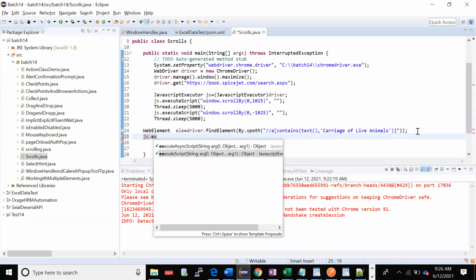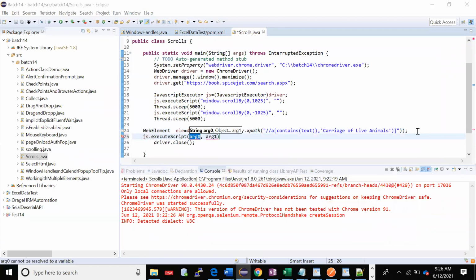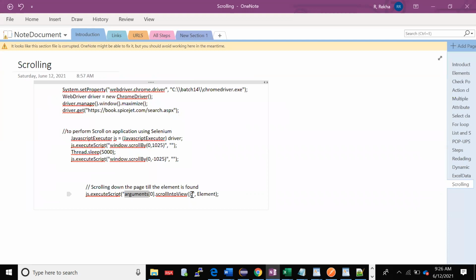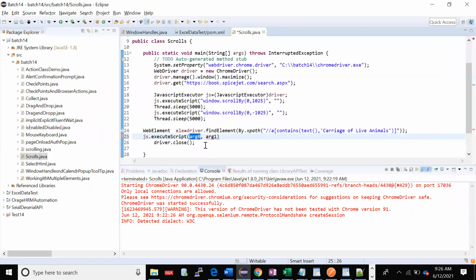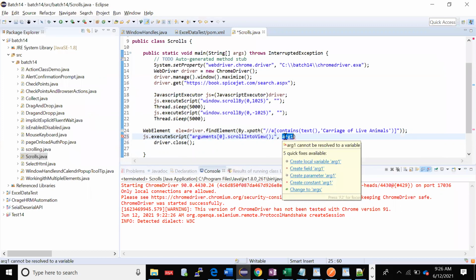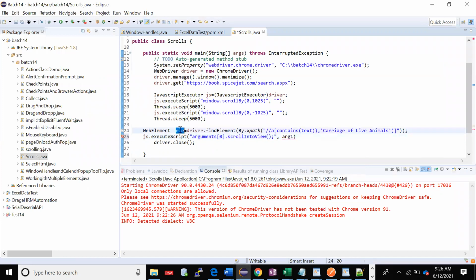Here also it is the same executeScript method. This takes 2 arguments. Which was the first argument? Just copy and paste it here, however it is. Both are string values. The second argument which I'm passing is my element. Just paste this element here.